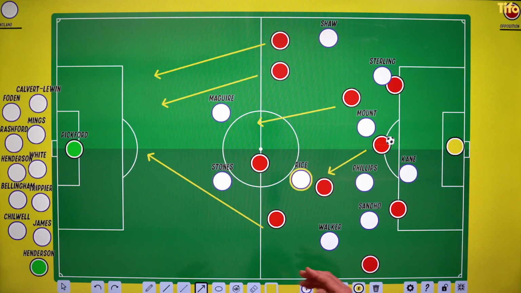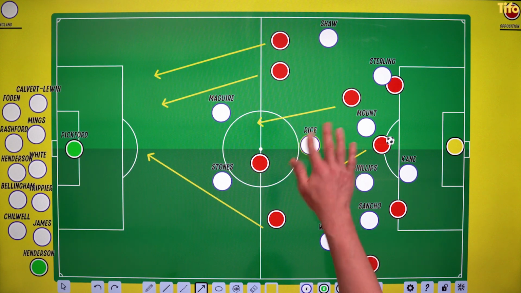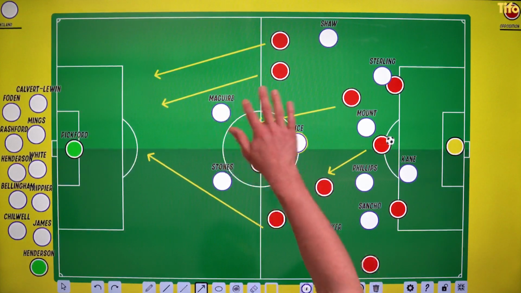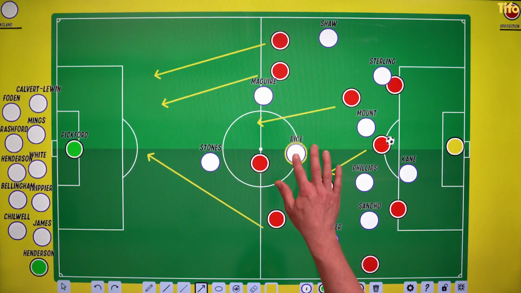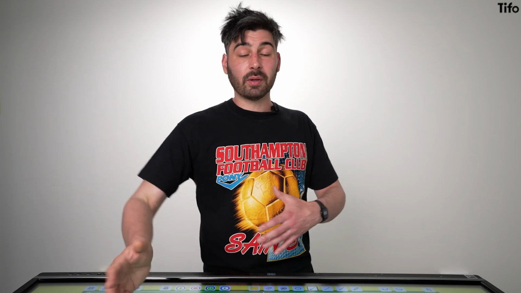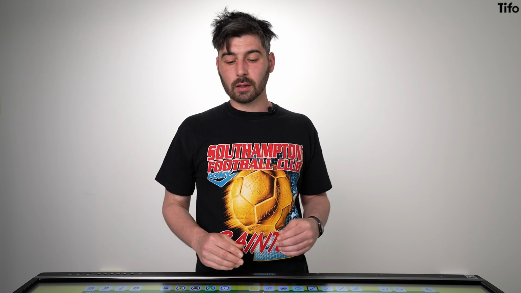And a number of teams have done this effectively, and it is something that England need to be really wary of. Because Rice is quite often left as the sole kind of midfielder here in this area, he's got an awful lot of ground to cover. And even if Maguire steps up and Stones drops back, it's still quite easy for the opposition to burst forwards. Now again, this is a direct corollary to the way that England attack. The way that England attack, particularly on the left, requires them to have a lot of bodies forwards, and so it's natural that they'd have fewer bodies back. But teams like Belgium, who are really effective in transition and have midfielders that are able to play through the lines and do it quickly, particularly towards wide runners, will cause England problems.